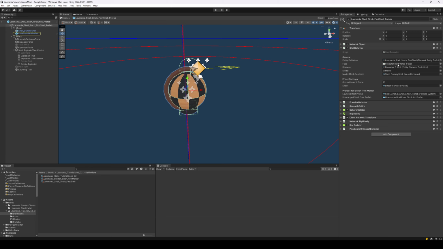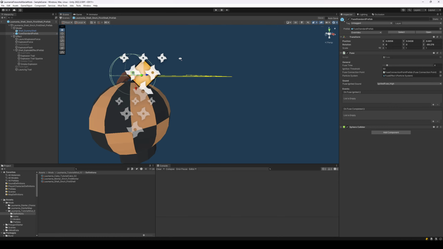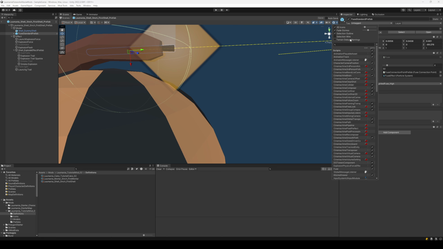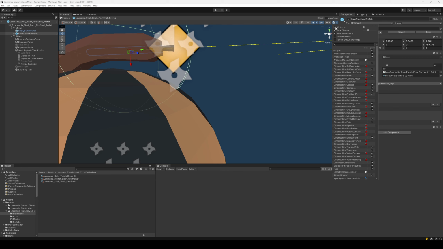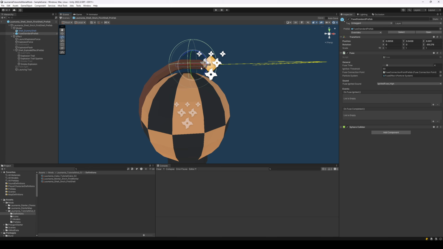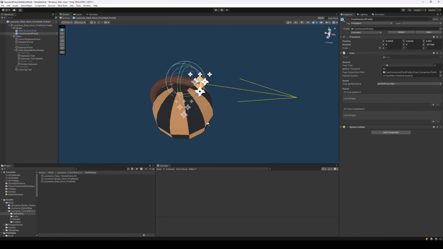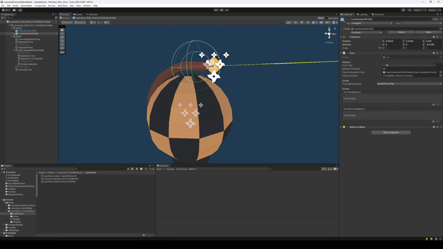So the fuse, you can click it and you can see it's being highlighted over here. So the fuse here is the standard fuse that I'm using. It can be any fuse, but I'm using the standard one here. Let's see if we can make it a little smaller. Yeah, okay, we can. So there is a fuse here, and you can also see, if I rotate it, that the fuse has an arrow here, a yellow arrow pointing forward. And that is important because